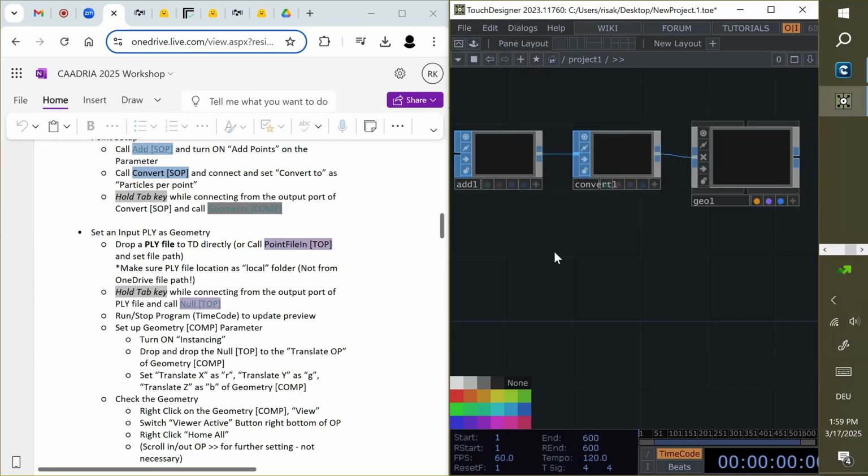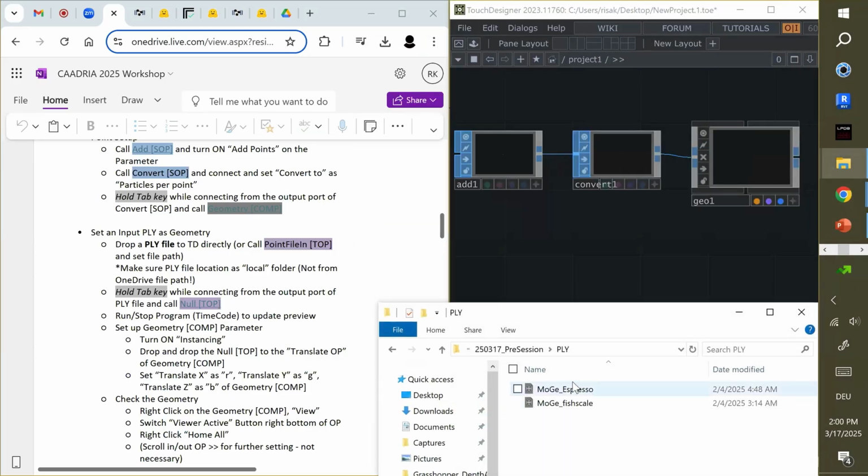Okay, so now we just need a PLY file in our project. I just try with this Espresso right now. So put this one in the window, just drag and drop.